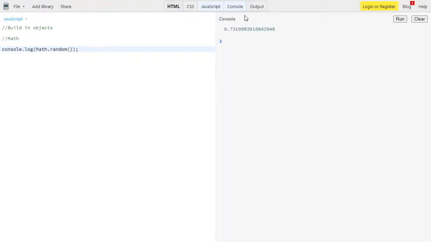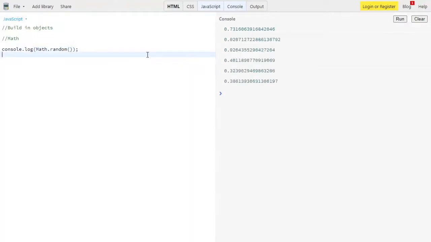As you can see, you will get a very different number each time if you run it a number of times. That's because dot random will provide any number between 0 and 1. And one more thing, you can get 0 in the console but you can't get 1, because 0 is inclusive and 1 is exclusive over here.